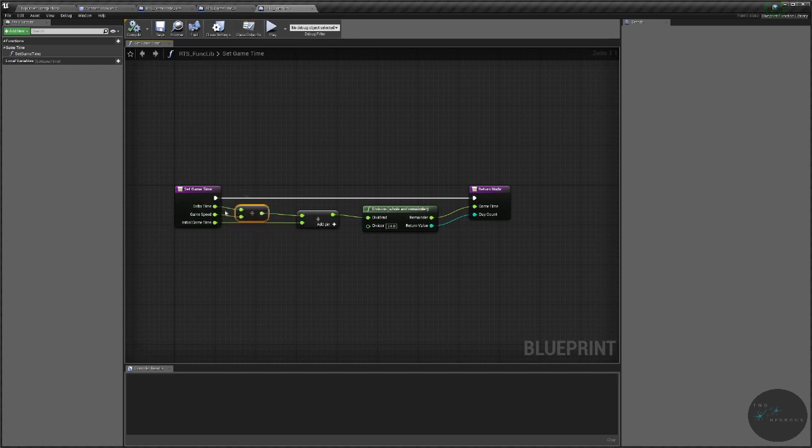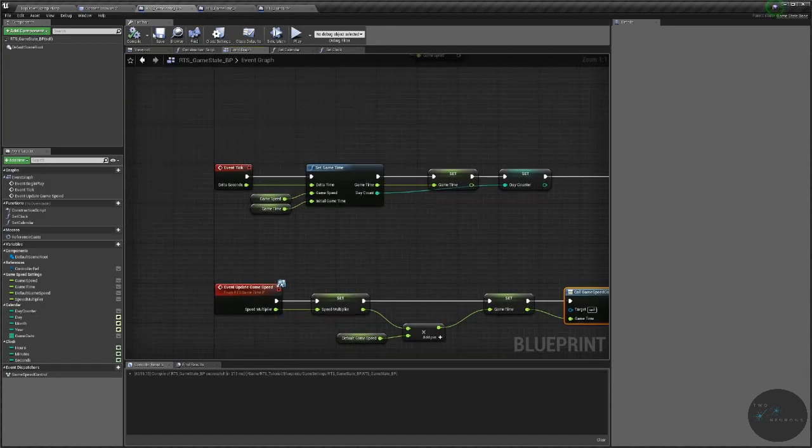So we turn it from being 1 second into 150 seconds pretty much. We add that to our initial game time. The remainder of that goes into here. It is divided by 24. Anything greater than 24 gets turned into the return value, the whole number that gets passed on to day count. Anything less than 24 that remains, as a remainder, gets passed on as a float to our game time, like we want. We initialize this in our game state,